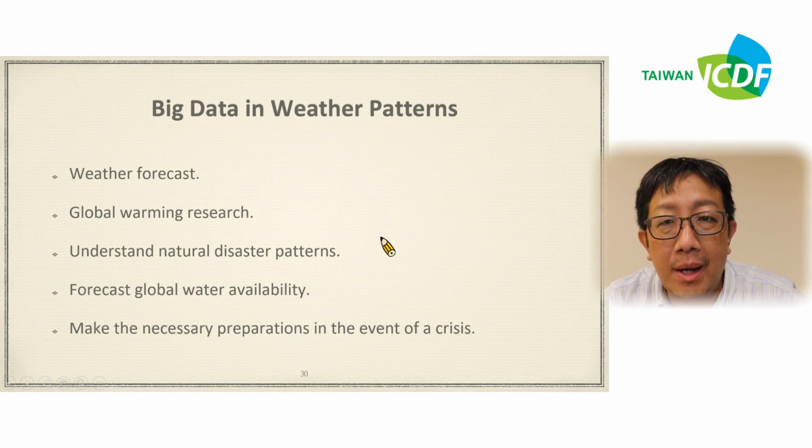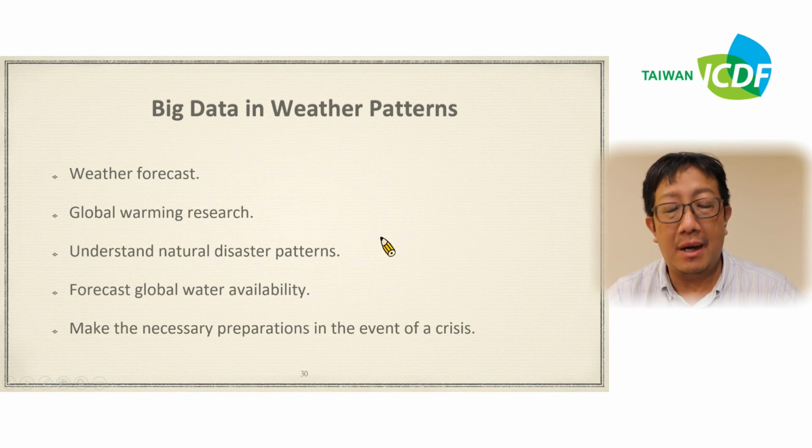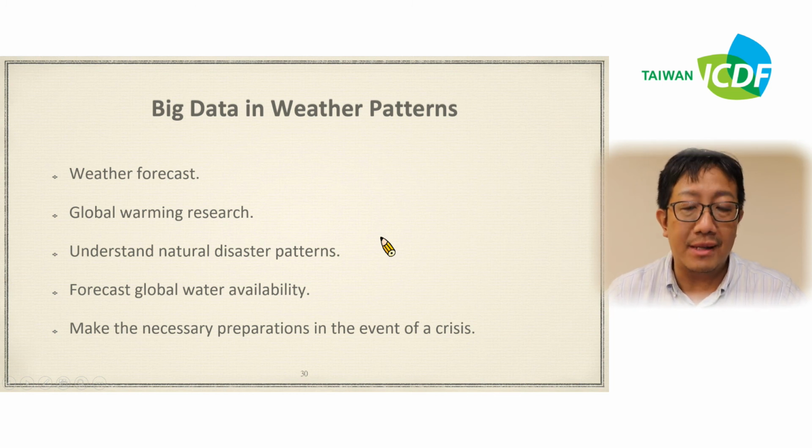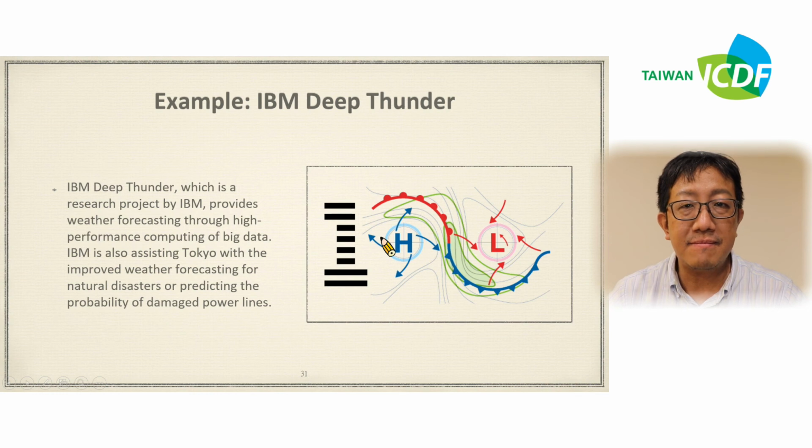Big data in weather patterns. Well, we can use this in weather forecasting, global warming research, understanding natural disaster patterns, and forecasting global water availability. And finally, we can make the necessary preparations in the event of a crisis. For example,